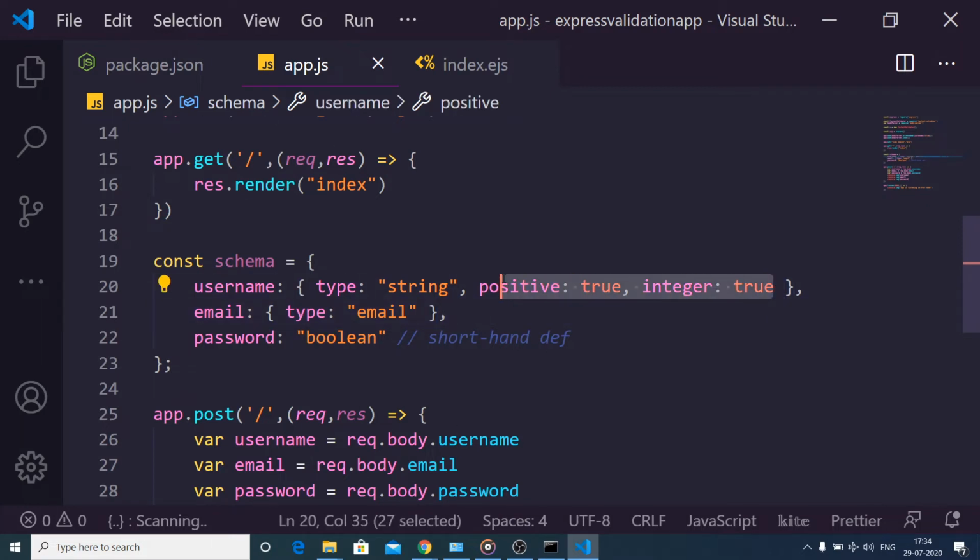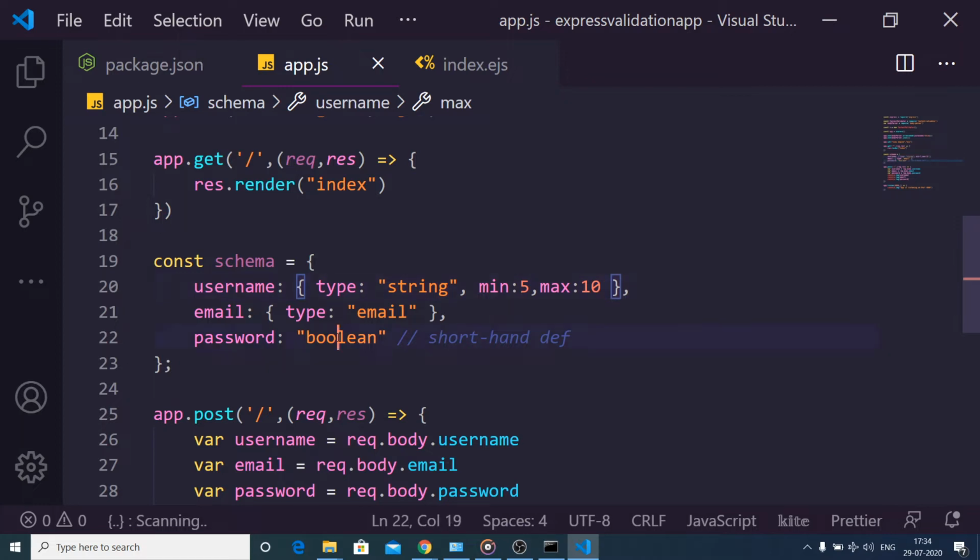And I can also remove this. But here I can specify the minimum value, let's suppose 5, and the maximum to be 10. So it is saying that your username should lie between 5 characters and 10 characters. It should not be more than 10 characters, or it should be at least 5 characters.